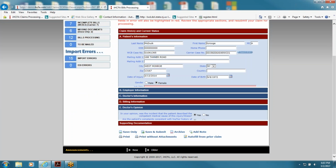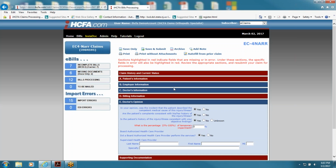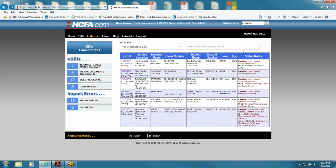or not. And then if you go into the doctor's opinion, you do have 3 yes or no questions, and the percentage of impairment. This information needs to either come populating from your software system, or you would need to come in and manually fill that out. The next New York workers' comp specific form would be the OTPT4, which is for occupational therapists